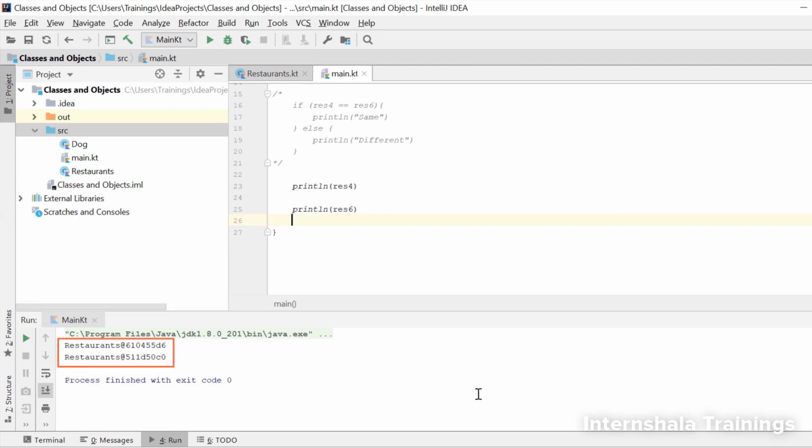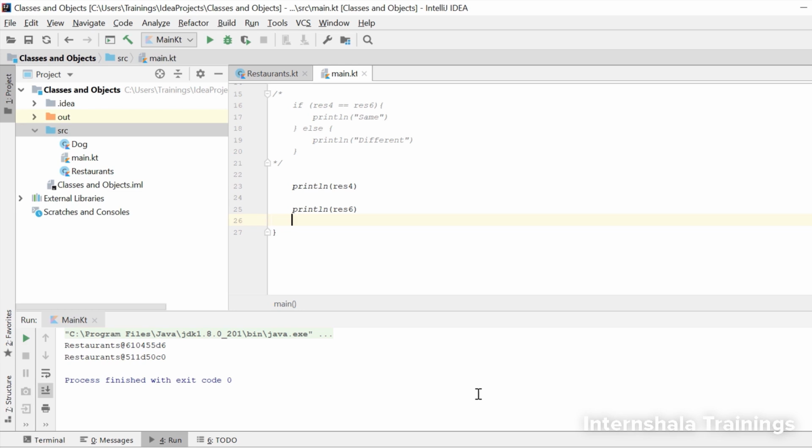Hence, the comparison operator gave us the wrong answer. So, hopefully now you have understood the importance of having data classes. If we did not have them, we would have to follow a very lengthy process to compare the values of each object or to perform many such operations.